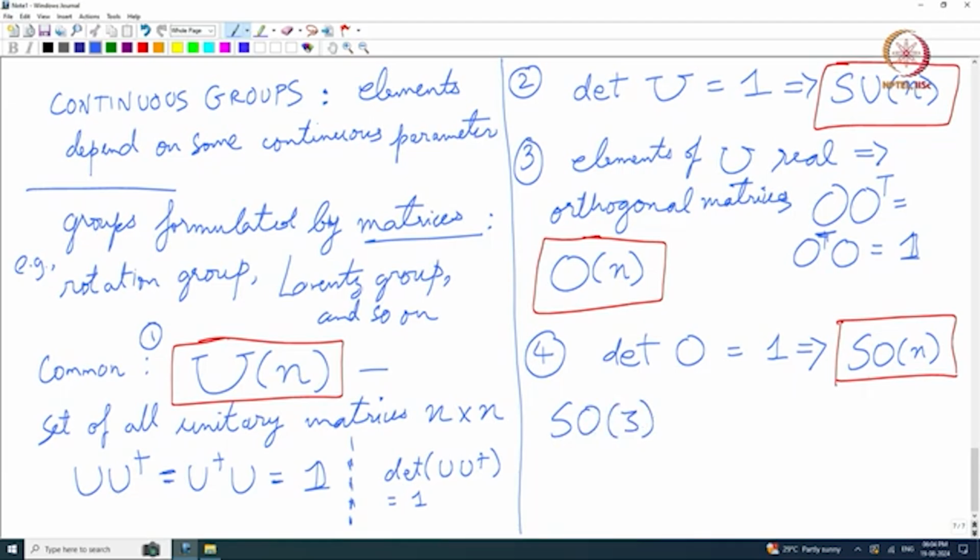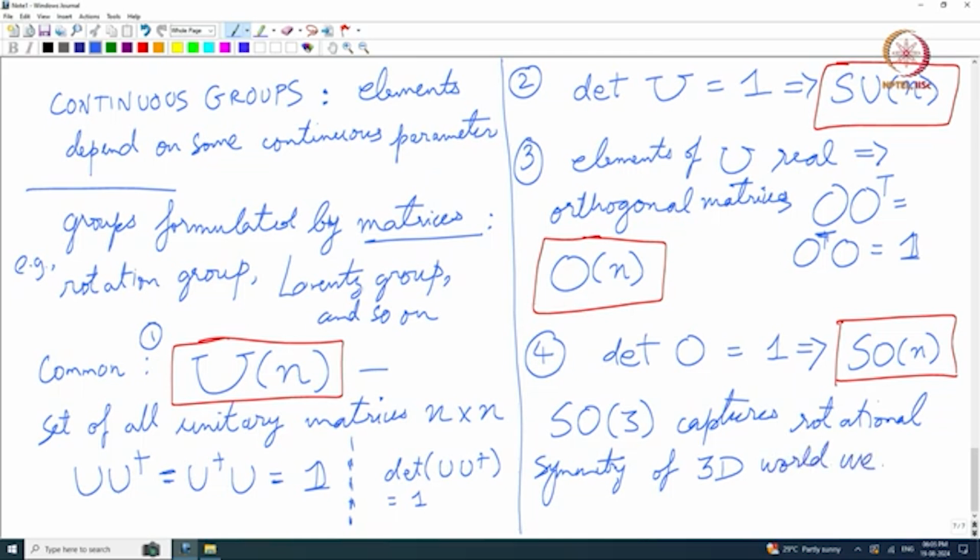We have, even if we have not seen it under that name. The SO(3) group, with 3 by 3 orthogonal matrices, is exactly what captures the rotational symmetry of any system that has rotational symmetry, right. So, like gravity and so on. In particular on cosmic scales, it captures the rotational symmetry of the 3-dimensional world we occupy,